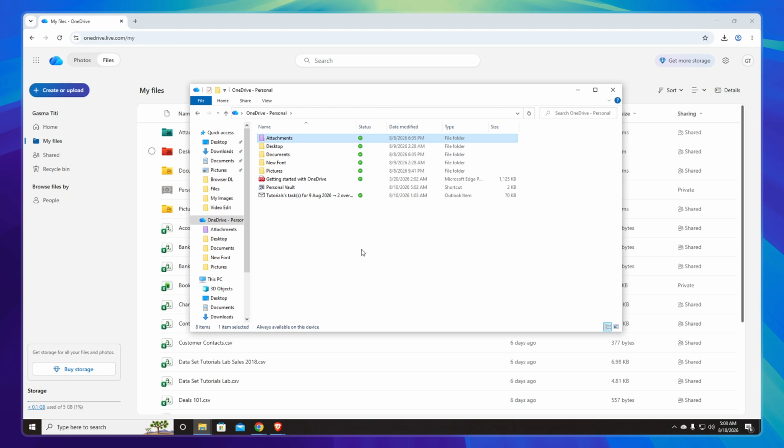And that's it. You've successfully colored your folders in OneDrive and File Explorer, making your files easier to organize and